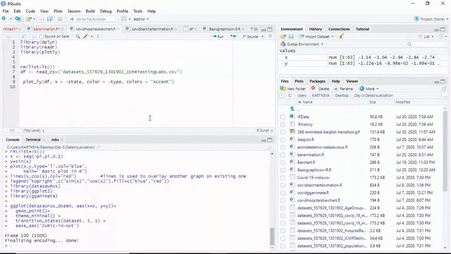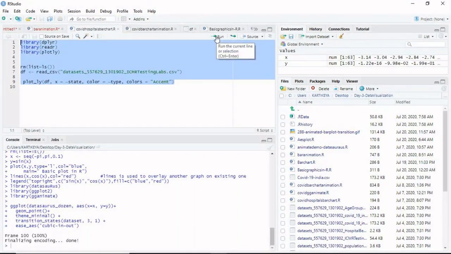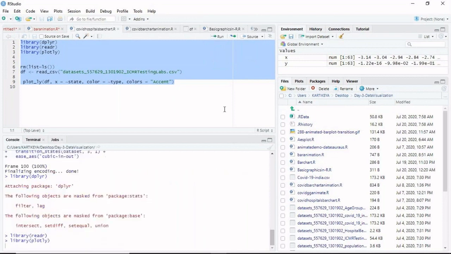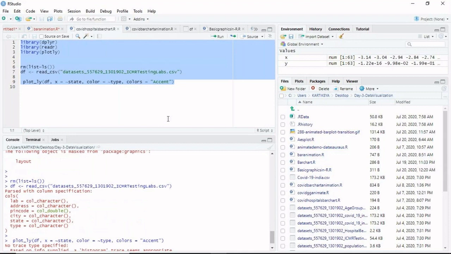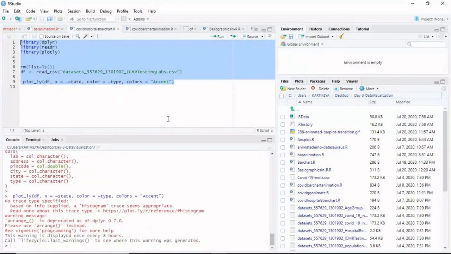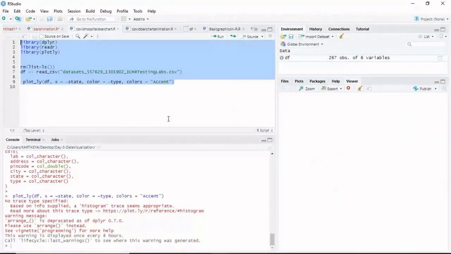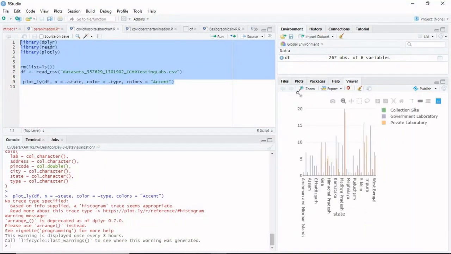So this is a simple bar chart which shows how the ICMR testing is taking place in India. So this is your bar chart.